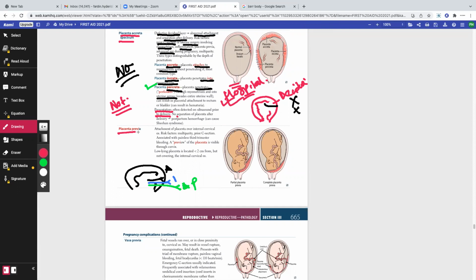Okay. Next one is placenta previa. What do we mean by placenta previa? You know, the word previa comes from the Latin word that is preview, meaning that, for example, before we see a movie, do we see a trailer? Yes or no? The answer is yes. Do we call that a preview? Yes, a preview, meaning pre-view, right? Previous view, meaning that viewing before the actual thing.